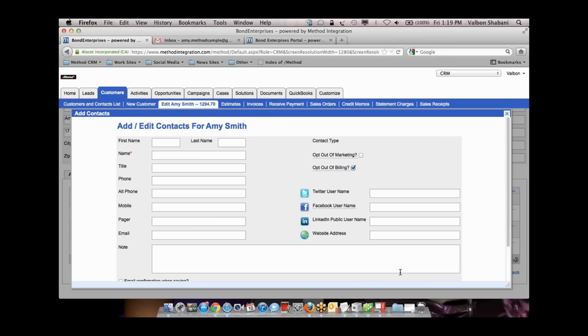So you can have the one contact that will be the syncing contact, in other words, the QuickBooks entity, the customer, the vendor, but you can also have an unlimited amount of other contacts underneath them that will remain on the Method side only, because this is where the CRM lives. And you can see that we can add some additional information for each of them, some social media information,